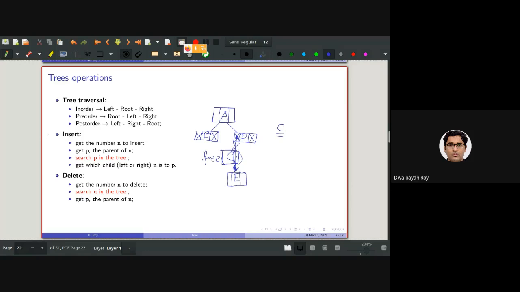For these two operations, notice one thing. We need to search in the tree. Now, how will I be able to search one tree? So let's consider another tree.